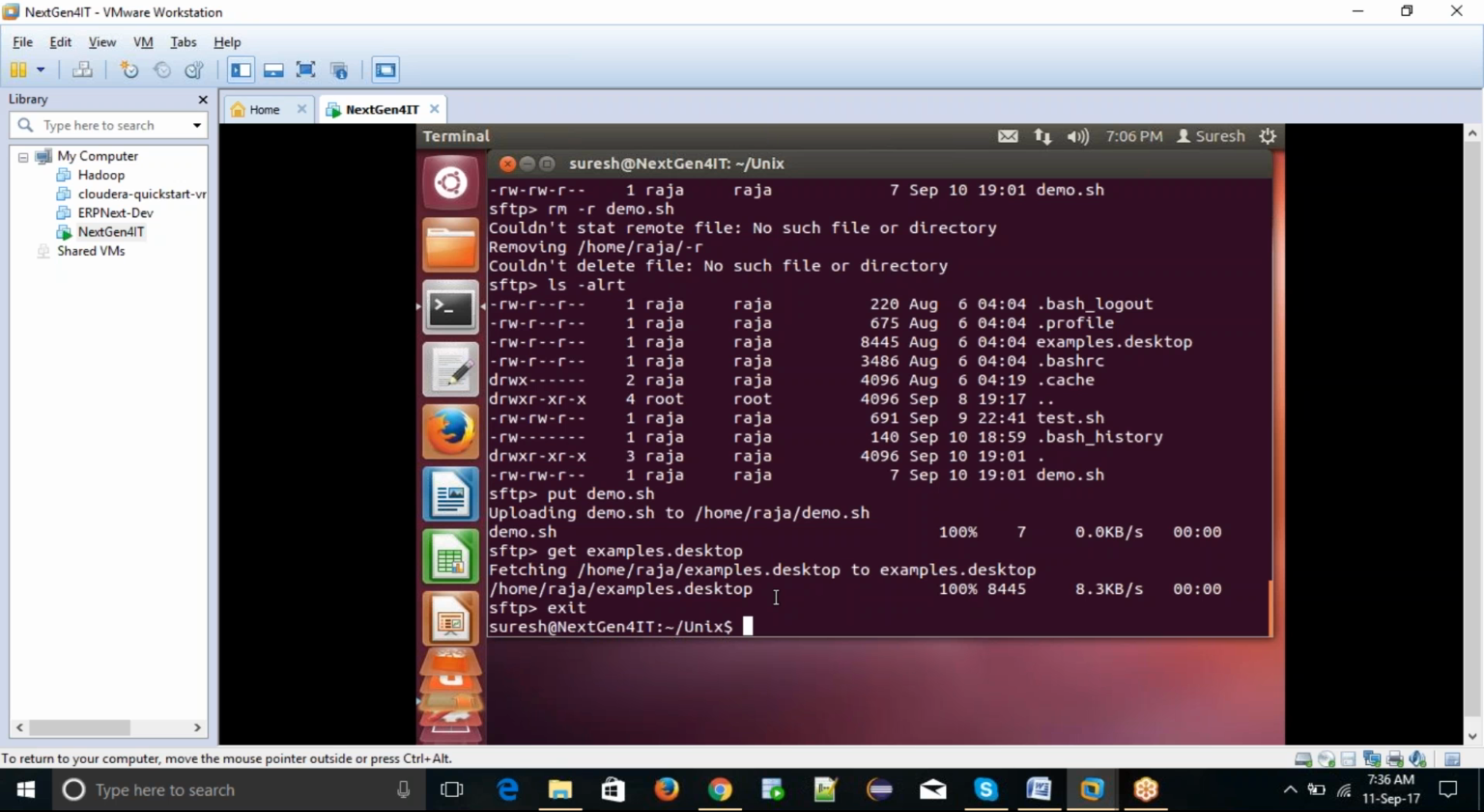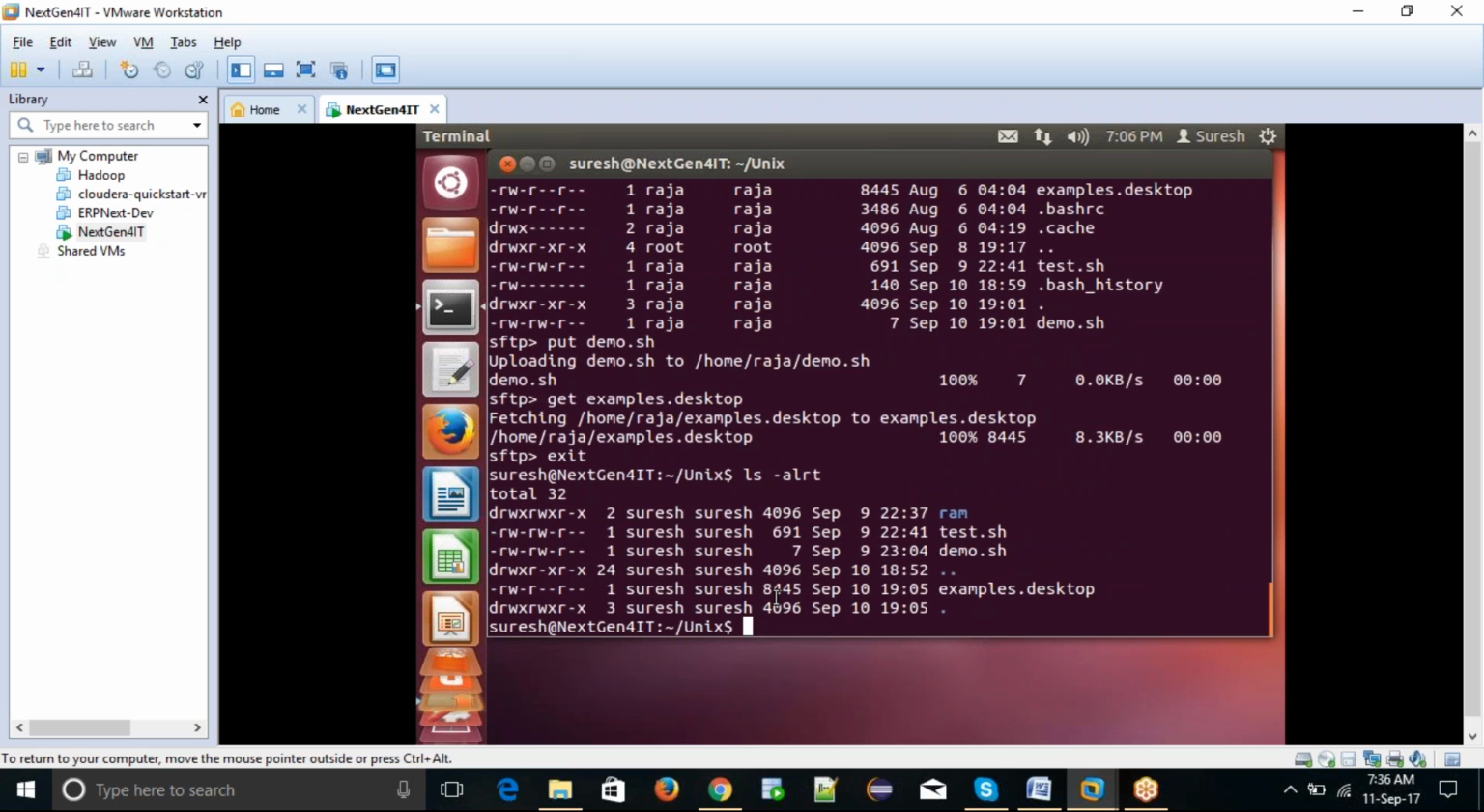Okay, so this is SFTP. We have one more command called... So now, okay, we're copying the files. It's fine. If you want to change from one user to another user,